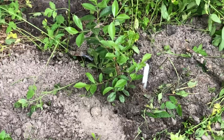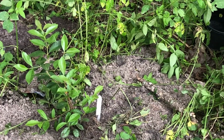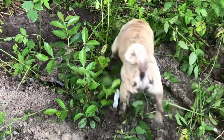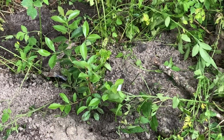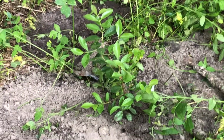Since they're not super expensive, I'll probably experiment with more of these later. I've got one more left I might put in full sun, or I might put way on the other side of over there, or somewhere else. But I wouldn't mind having like 8 or 10 or 15 of these guys, but I know the guy didn't have too many of the strawberry ones left, maybe just a few. But maybe next year I'll have a bunch and we can buy like 10 or 20 of them from them. All right, so I guess that's it for this episode